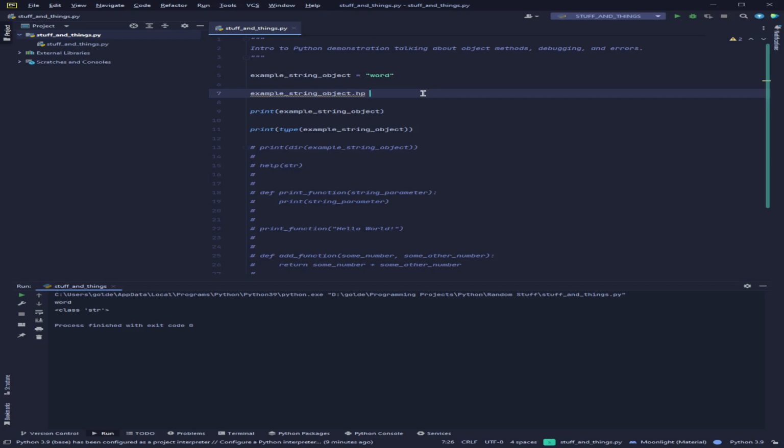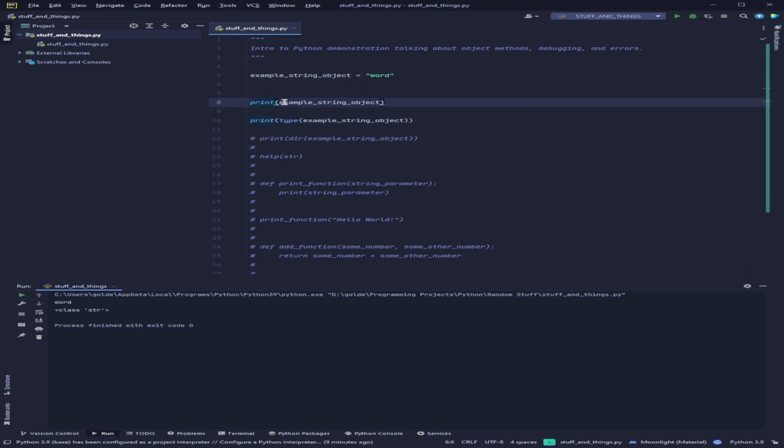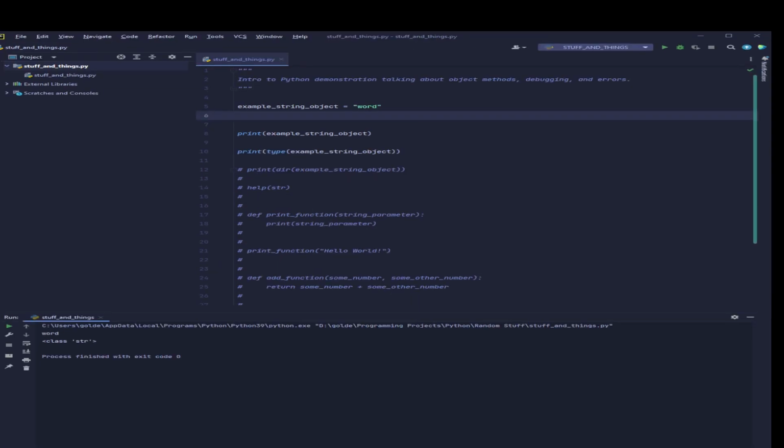The next thing that we're going to talk about, though, that does apply is methods. It's a function, kind of like this print function down here, but it's a function that's tied specifically to the object class. So when I go in Python here and I type, for example, string object equals word with the quotes, what I'm actually doing behind the scenes in Python is